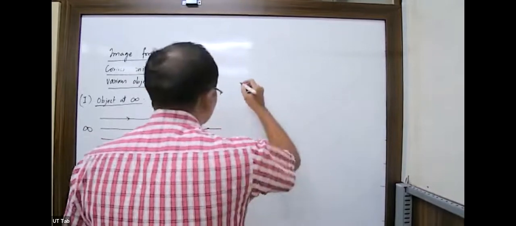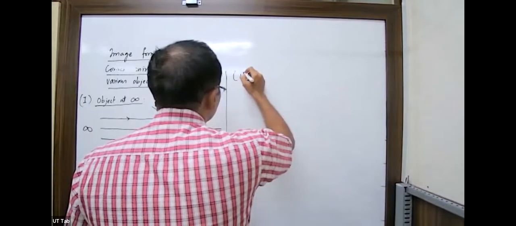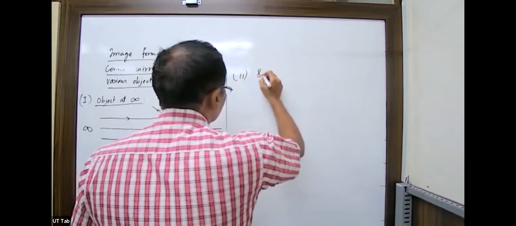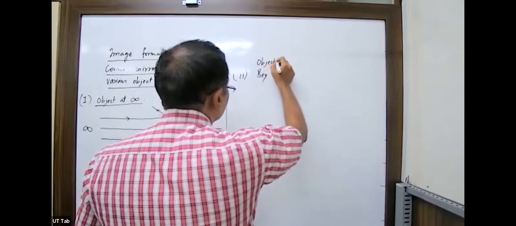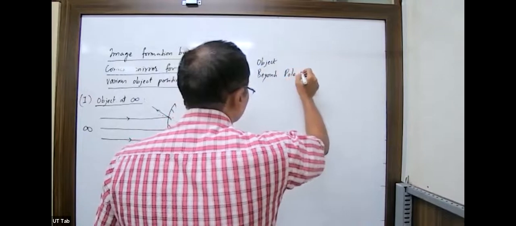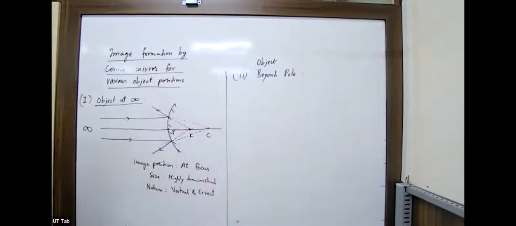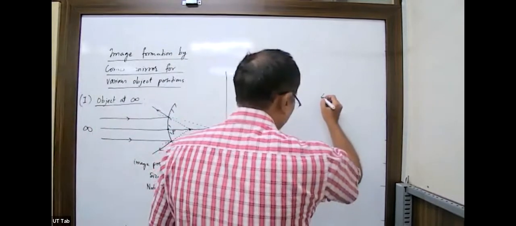So the second object position for convex mirror is beyond pole. So it's beyond pole. Okay. So again, the mirror